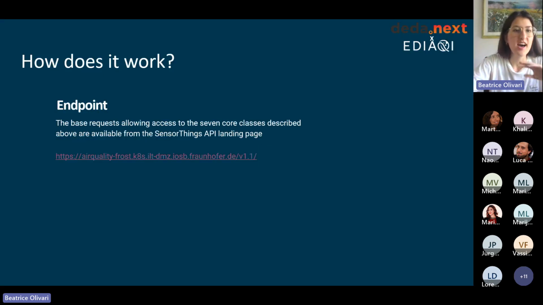So how does it work? We need to know the endpoint of the data that we need, and if we have this endpoint, this simple URL, we can go to the API landing page where we will see the 7 classes that Luca was presenting before. So basically now we will visualize what Luca was explaining with the data model. For instance, here I have an example.